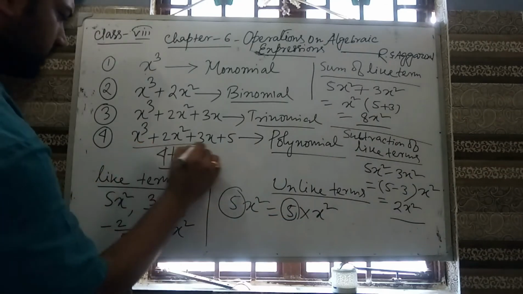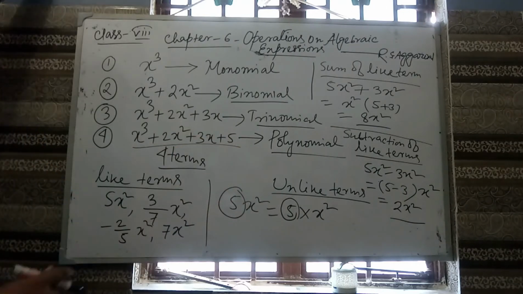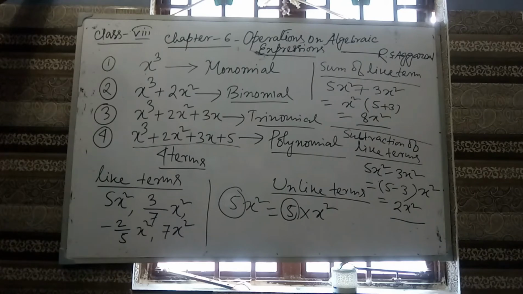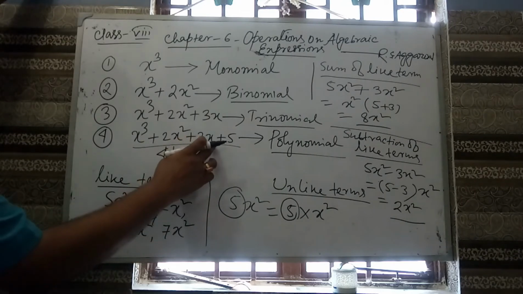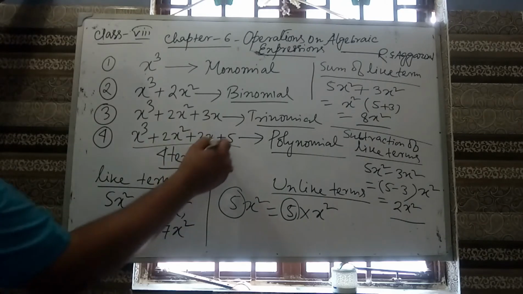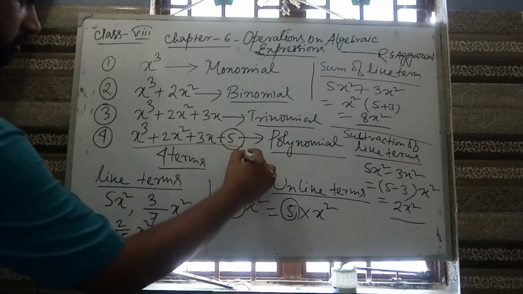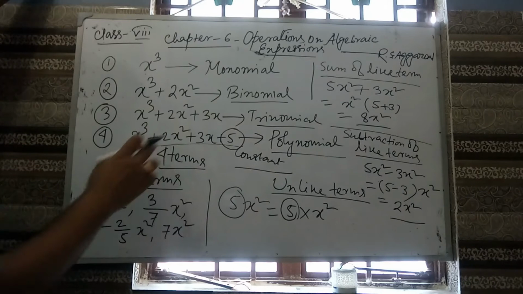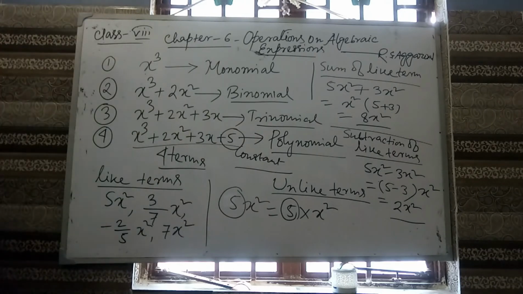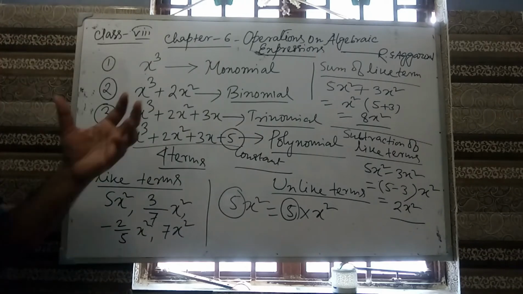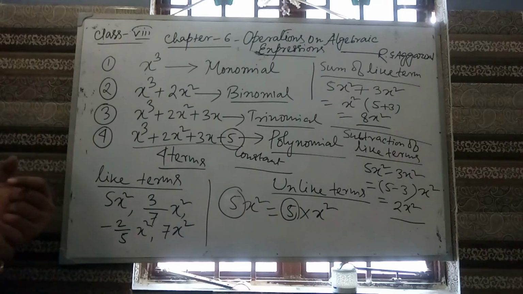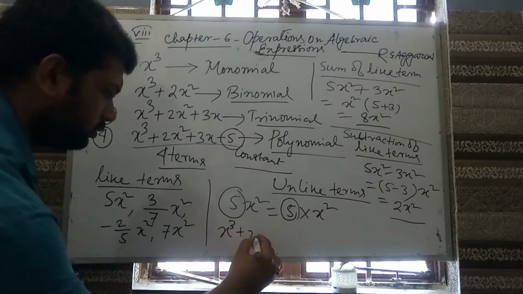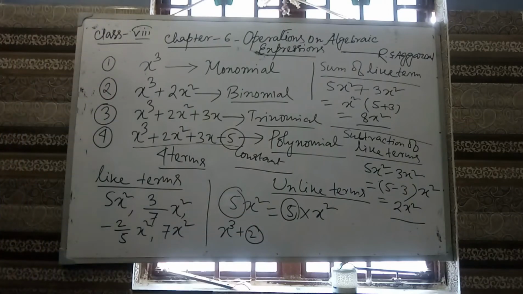Here in this expression, 2 is the coefficient of x square, 3 is the coefficient of x, 5 is the constant. Okay, these 2, these 3, these are not constants. Actually, if we have only 2x cube plus 2, then we can call this one a constant.